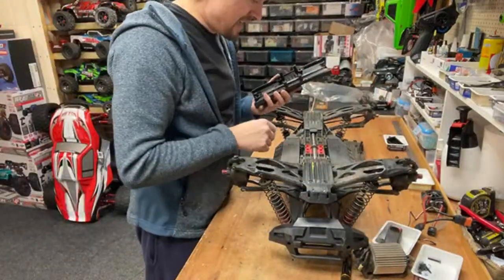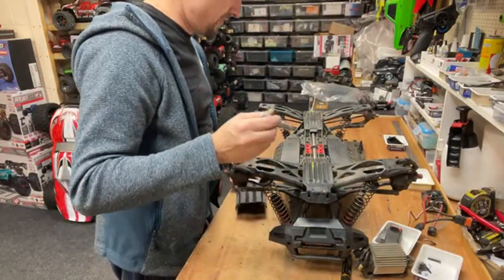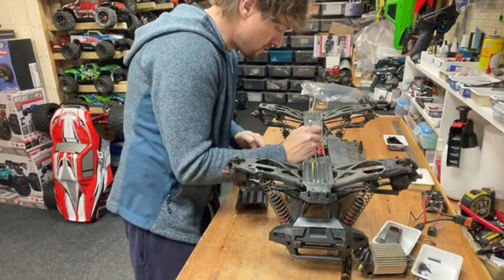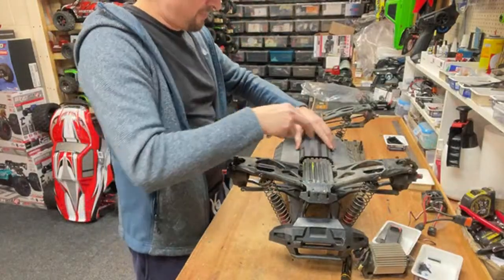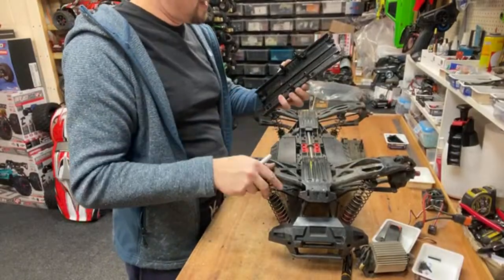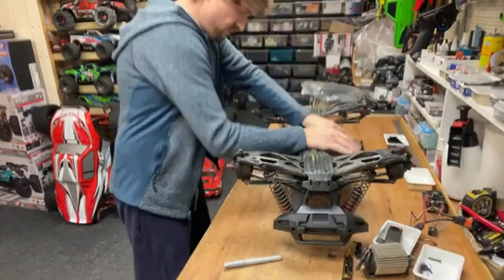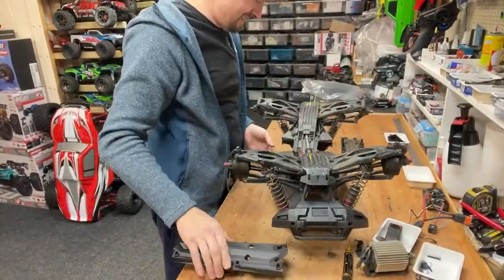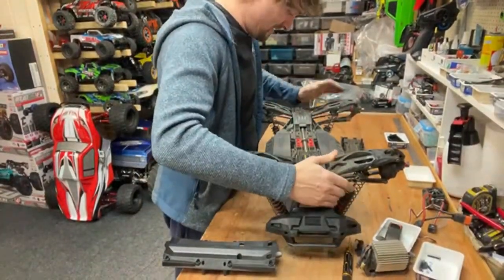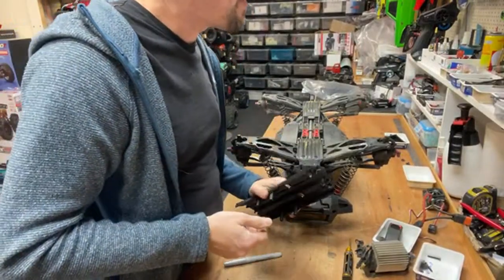So to do that, I don't know if that's going to work. If I put a bit of silver marker on there, then quick, before it dries, get that one there and hit it. Yes, it's marked it. Oh no! Idiot! Right, and now,